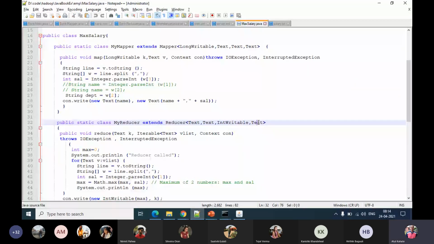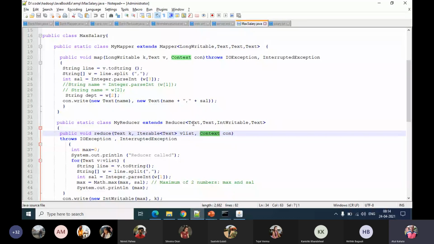Just as the mapper function has 3 parameters, the reduce function also has 3 parameters. So here also we have the key, we have the list of values, and we have the context. So I hope that it's symmetrical and easy to follow now. Mapper and reducer class both have 4 parameters: key input, value input, key output, value output.